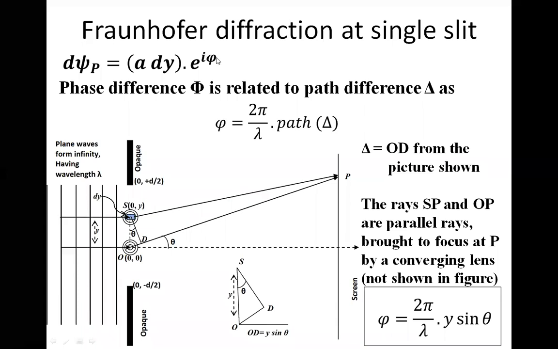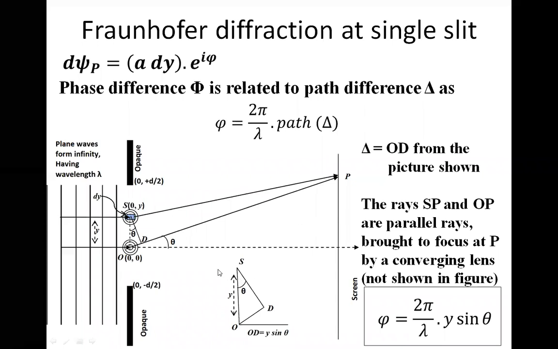Now the phase phi is connected to the path delta through the relation phi equal to 2 pi by lambda into delta. It means if a wave travels for a distance of delta, then the phase phi of the wave will be 2 pi by lambda into the path traveled, or the distance traveled, right? Please keep this in memory, it is useful. Now, my interest is to calculate this delta through this phi, because phi is already known. I want to have some expression in terms of path.